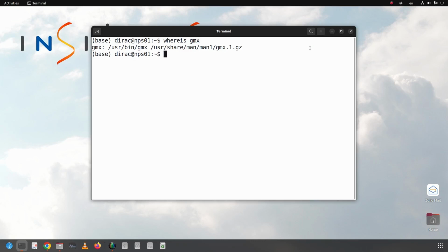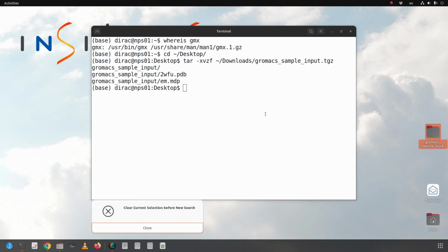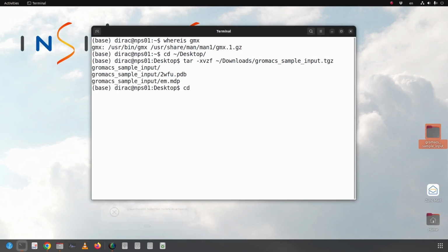I want to extract the file on my desktop, so first I go to my desktop and then tar xvzf download GROMACS sample input. Okay, and it creates this folder, so let's go inside the folder.